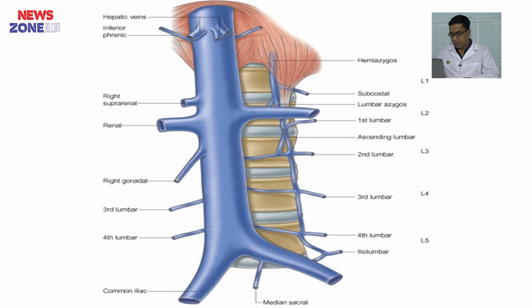Posteriorly, above the right crus of the diaphragm is separated from the inferior vena cava by the right renal artery, the right celiac ganglion and the medial part of the right suprarenal gland. Below, it is related to the right sympathetic chain and to the medial border of right psoas major muscles.